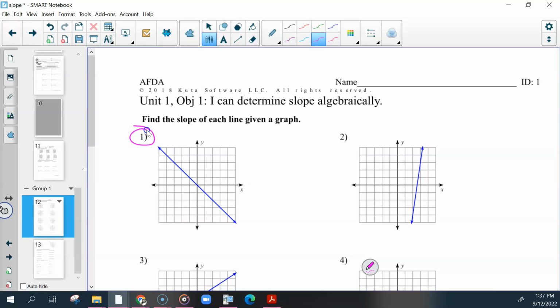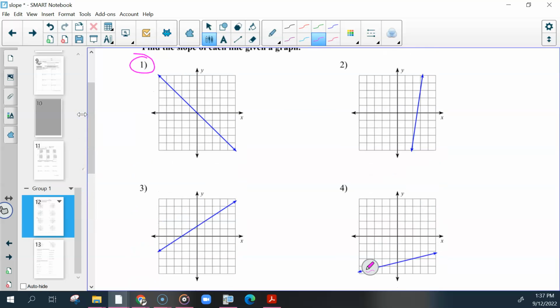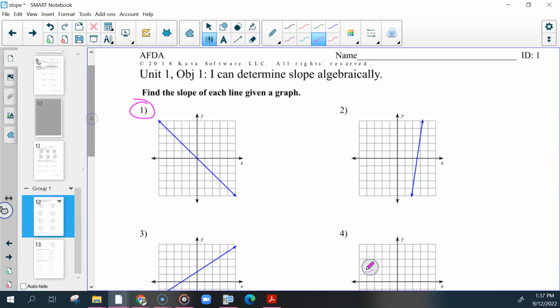Fine. The hardest part about these is finding the points. After you find the points, finding the slope is easy. Or should be easy, I should say. So we'll do 1 and 5, and then any others, if you see those or have questions about. So starting with 1,